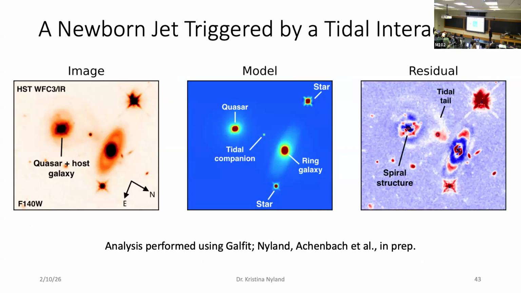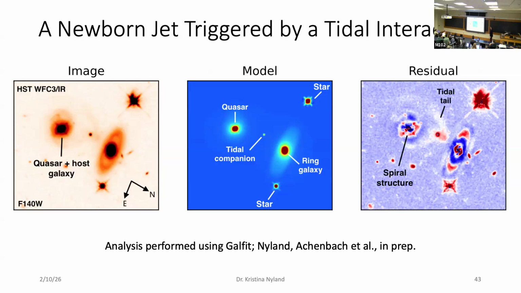There's this beautiful tail. There's this tidal companion here. And there's also this crazy looking ring galaxy here. So you might be wondering about the redshifts of some of these things, including this ring galaxy. I briefly thought this might be a collisional ring galaxy where this source here went through and then interacted